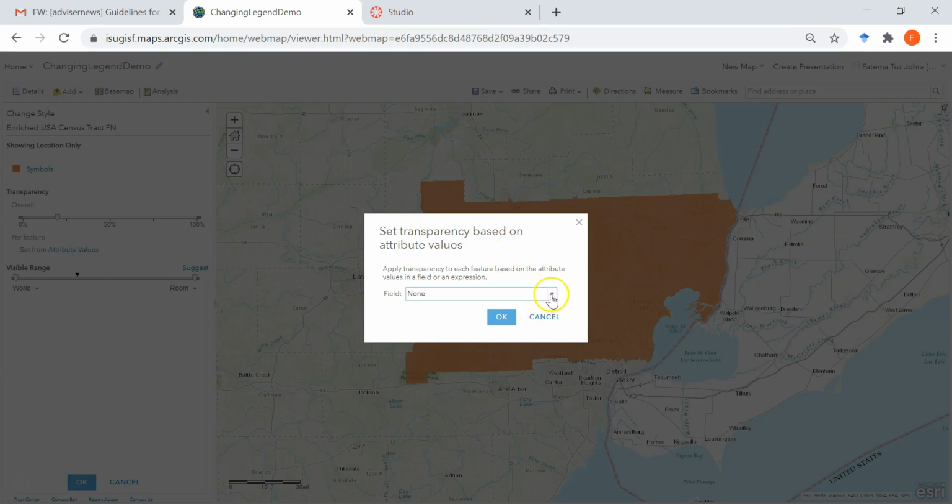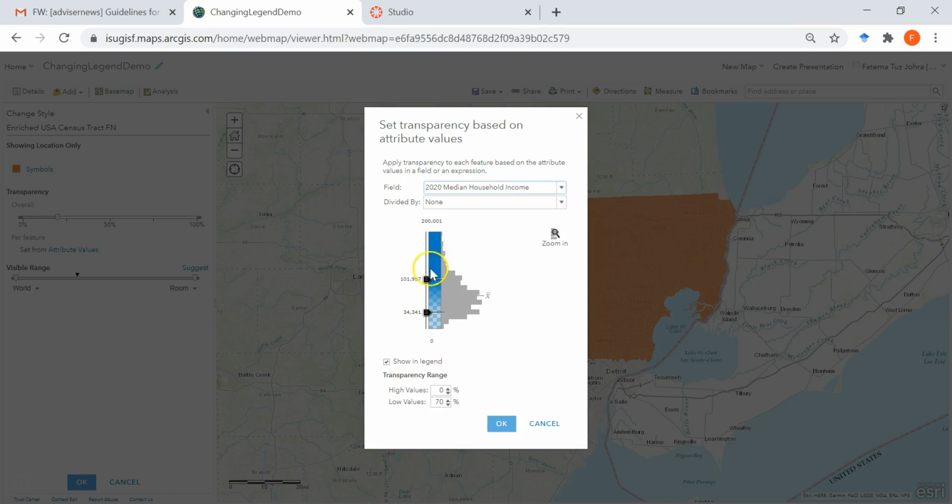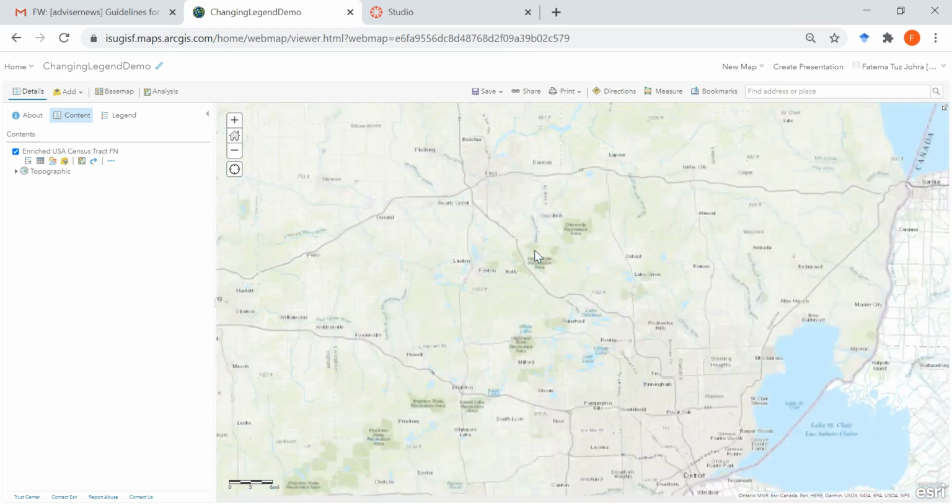So if I go there, set transparency based on attribute values, I can select, let's say, the median household income. After I select that, the histogram that I'm seeing here is displaying the data distribution of median household income. So how do we want to make it transparent? If the census tract has really high median household income, it's going to be 0% transparent, and if it's really low median household income, we can make it 100% transparent. So if I hit OK, and hit OK again, and hit done,